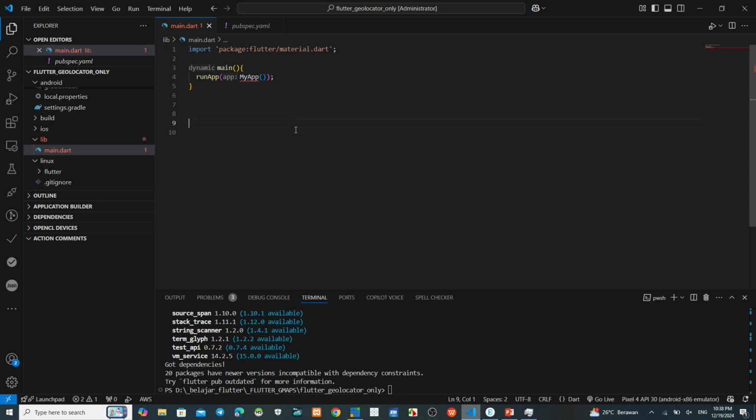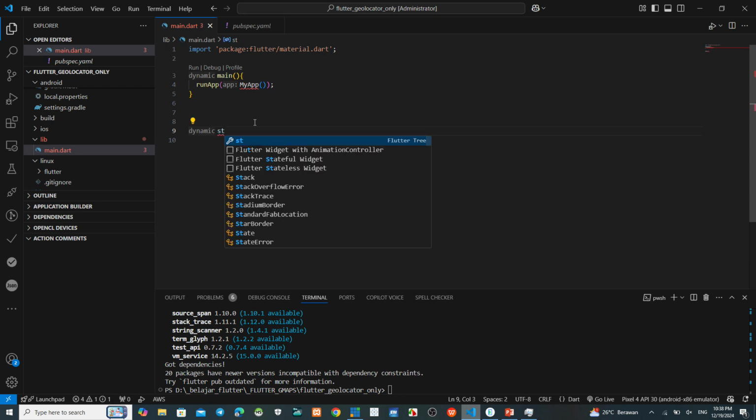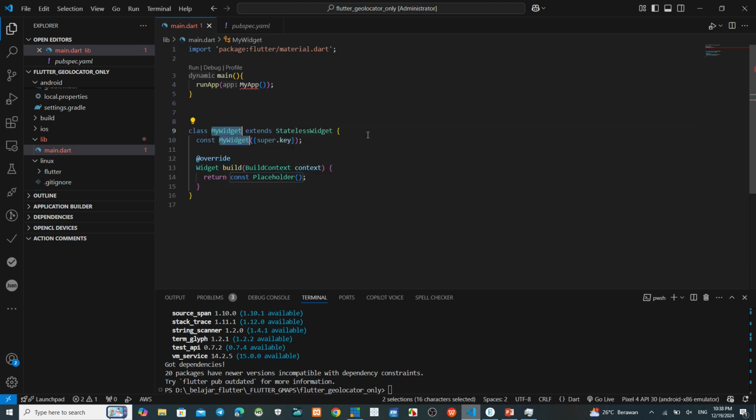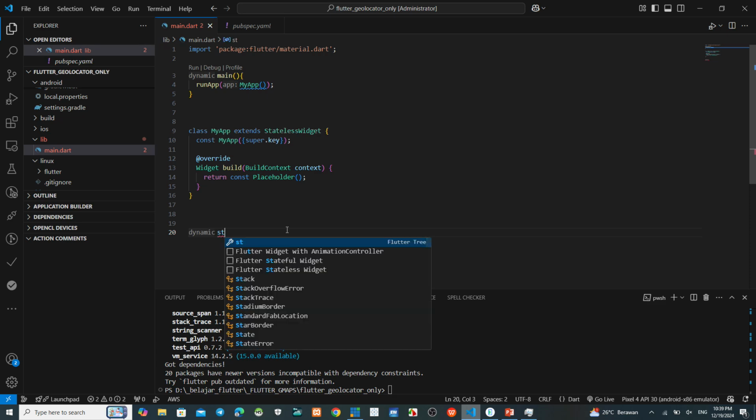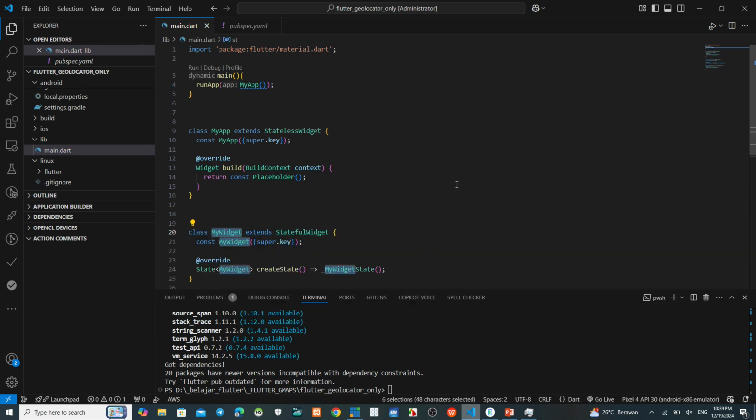Okay, after you develop the main function, next is develop the stateless widget. Type st, choose the stateless widget here, and then make the class name same with the main function, my app. Okay. The last one, you develop the stateful widget, type st, choose the stateful widget, finish. Okay, now if you run this,